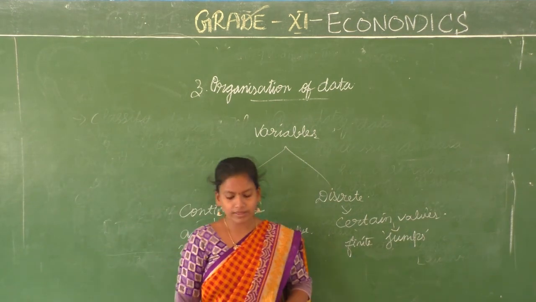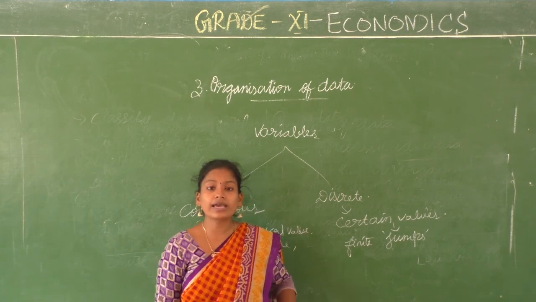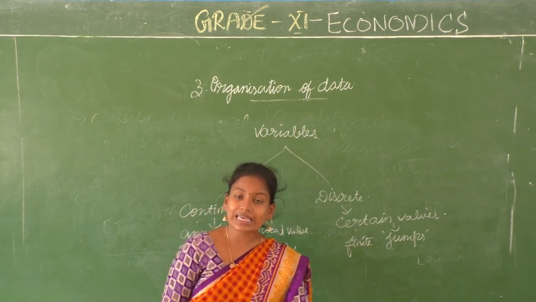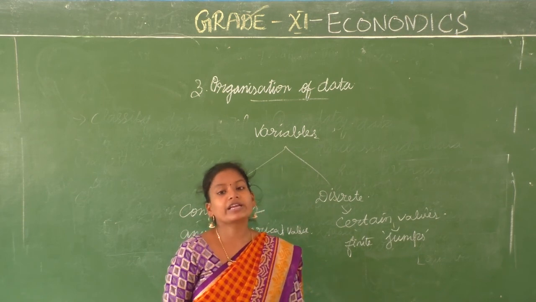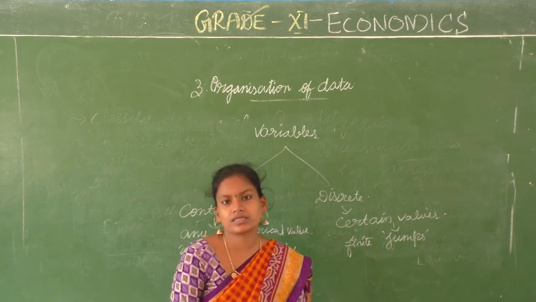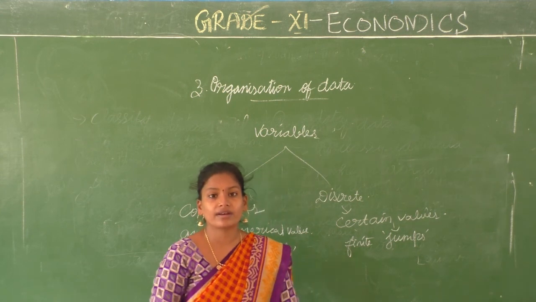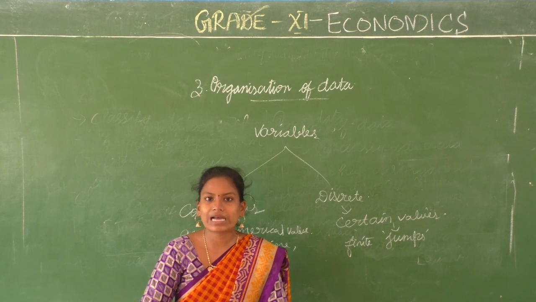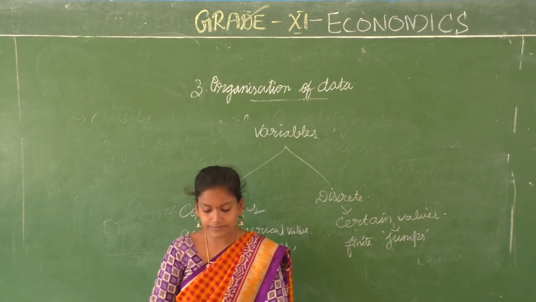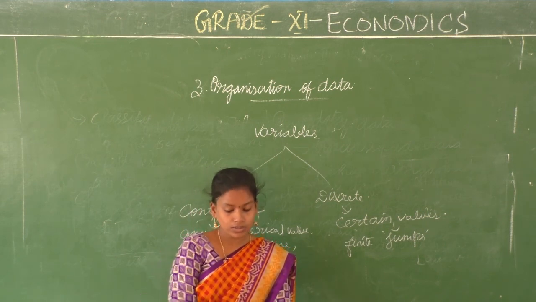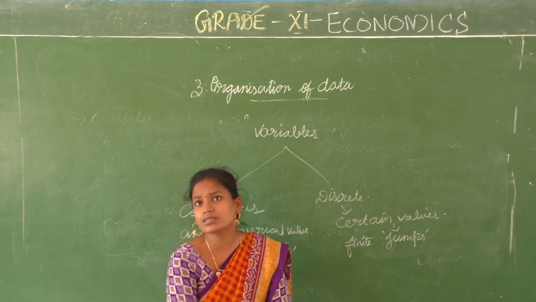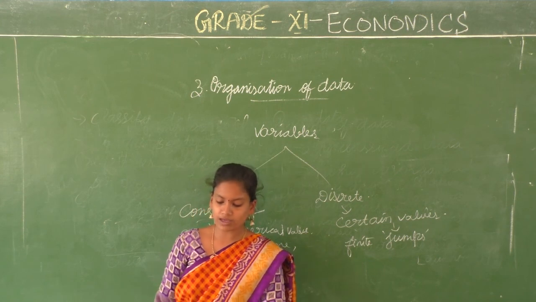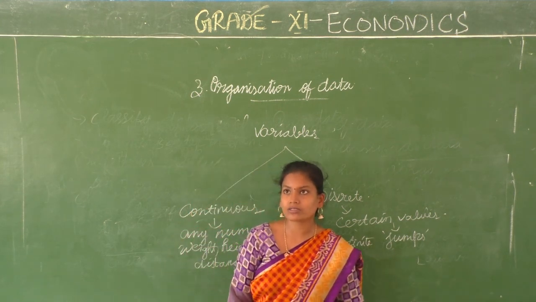Alright children, so what are the various things that we have discussed today? We have discussed what is meant by classification of data. It is the second step. After we collect the data, we need to organize it. That is, we need to classify raw data for the purpose of using it for further statistical analysis. We have discussed what is raw data, and then various things about classification of data. What are basically 4 types of classification of data? On what basis do you classify them?